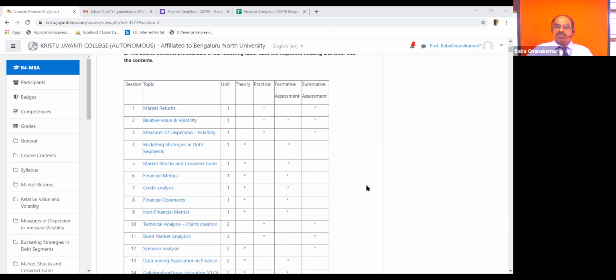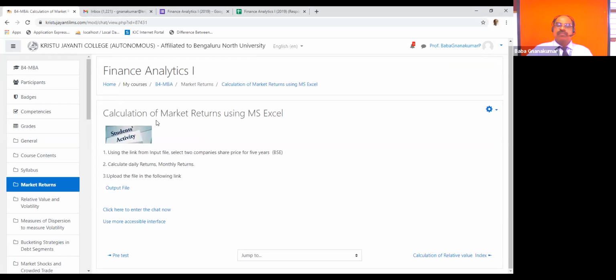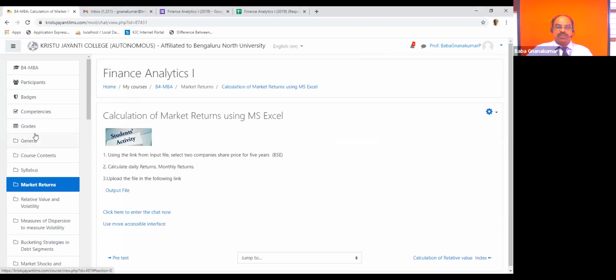Out of that, you can see the unitization we have given. Practical, what are all the things coming under the practical? Whether it is in summative assessment, it is also given. So if you click the practical, first one, you will go directly to using MS Excel file. What is the formative assessment you have to do today? The practical thing is given here. So it is for your purpose. We have made it clearly.